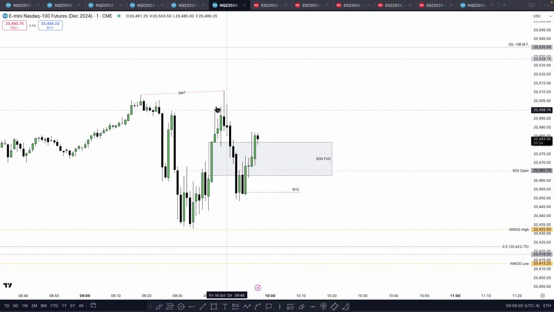So in these cases, I'm just trying to remain in sync with order flow until I see something that's clear to me with just a draw on liquidity, right? If we're looking at this for a potential long, right, you can build a narrative and read price without having to push the button, right? Above the 930 fair value gap, yes, you want to favor longs, but I'm also understanding, and this just comes with experience in building your narrative,